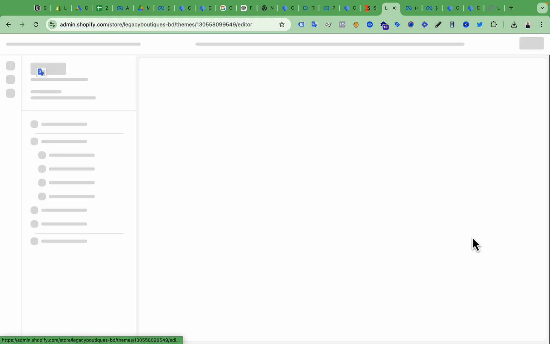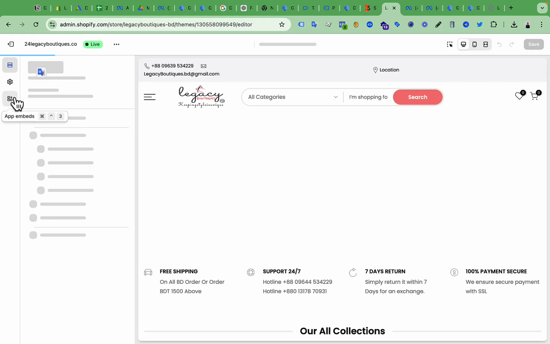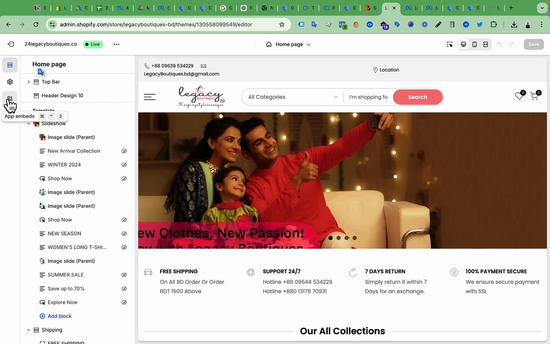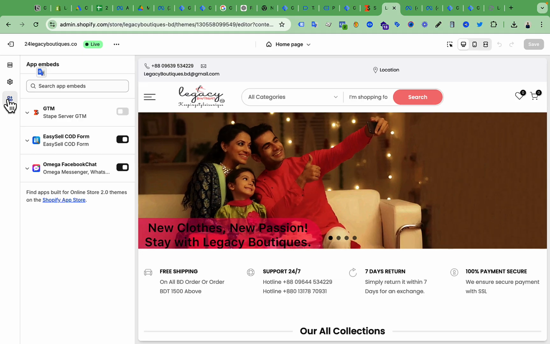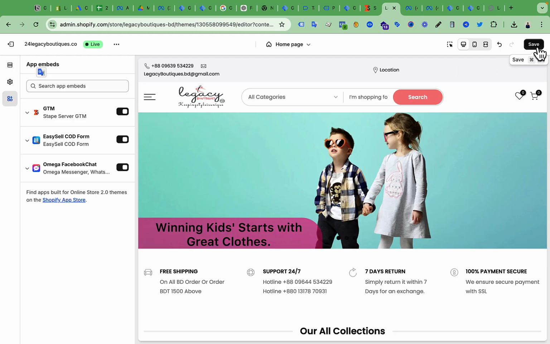Click customize instead of edit code, and from here you will see app embed option in the left side. If you click here app embed, here you can see GTM Stape server GTM. We have to turn on this one and click save. Okay,